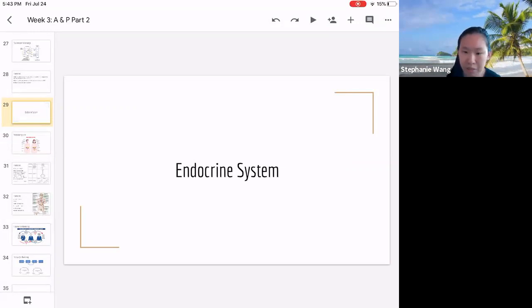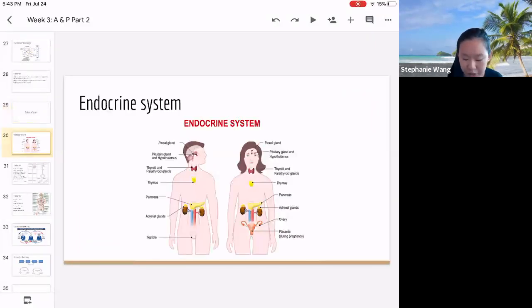We're not going to go too in depth about the endocrine system, but I do want to cover the organs and the hormones. So first, we're going to cover the organs of the endocrine system. So starting from the top, we have the pineal gland. And the pineal gland regulates your body's sleep-wake cycle by secreting a hormone called melatonin. Next, we have the pituitary gland and the hypothalamus. These two are the controllers of your entire endocrine system. So the hypothalamus tells the pituitary gland what to do, and the pituitary gland secretes its own hormones and also can send signals to other glands of the endocrine system to secrete certain hormones as well.